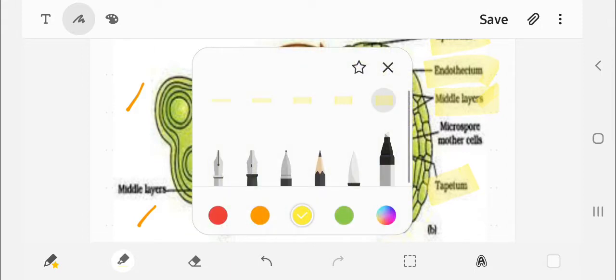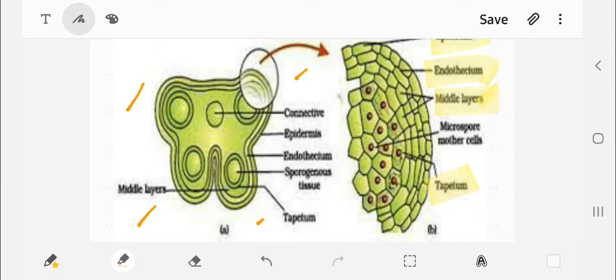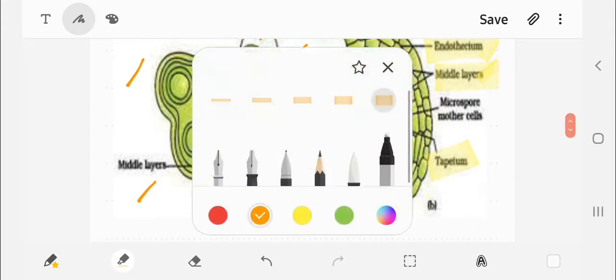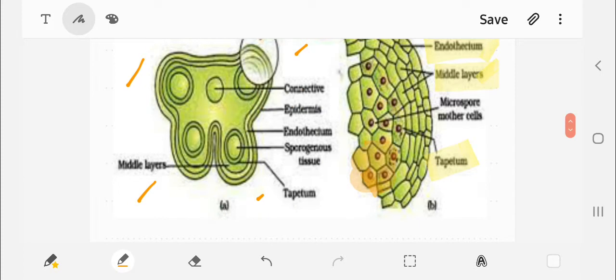And you can see the difference: the three layers have cytoplasm, no nuclei, but in the tapetum you can find red dot-like structures. These dot-like structures are known as nuclei. So they have dense cytoplasm and nuclei, and they provide nourishment to the developing